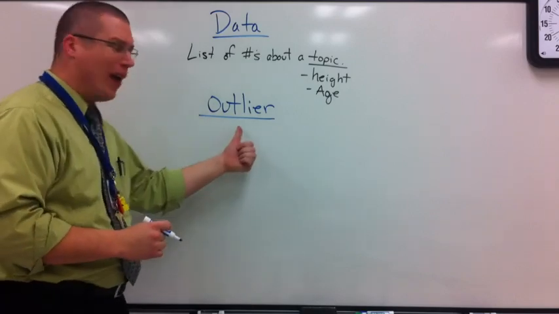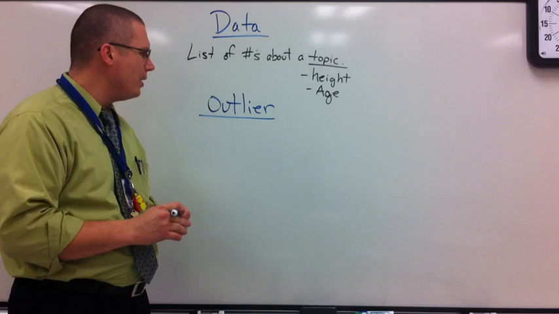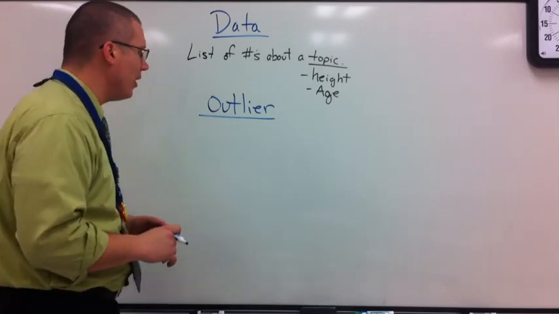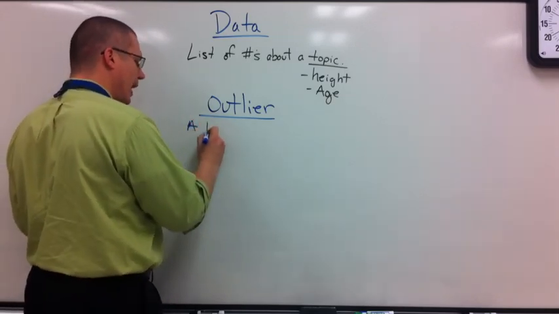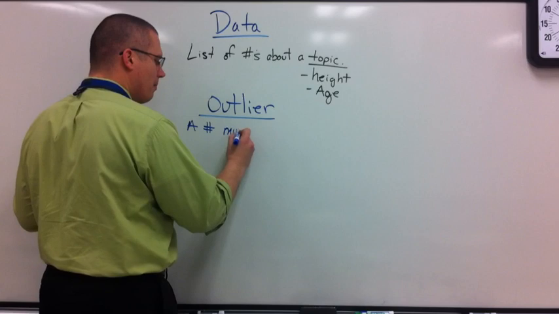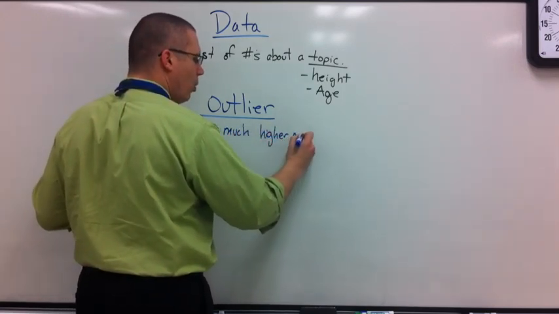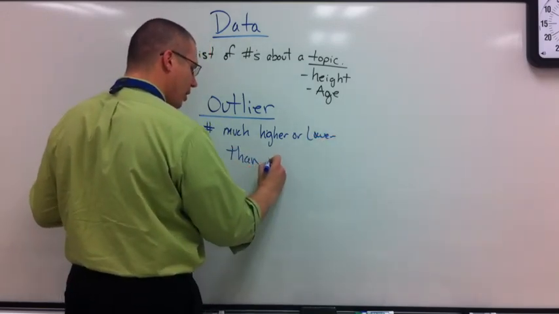Outlier. Now notice there's no N in this. That often gets misspoken by middle school kids. They'll say outliner. It's not outliner, it's outlier. An outlier simply is this: a number that is much higher or lower than the rest